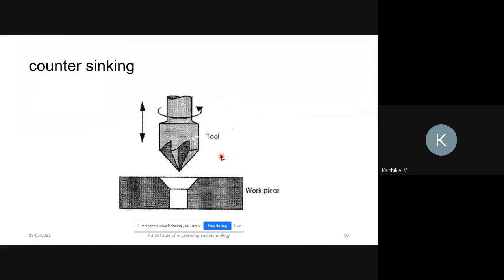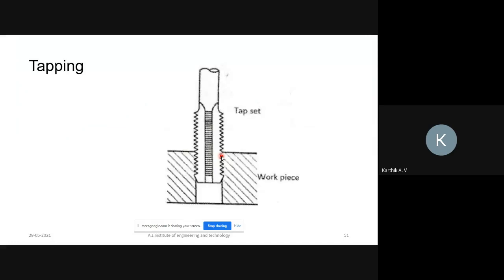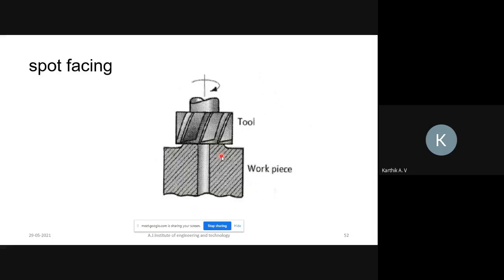And next, countersinking, where a conical shape is produced. Next, tapping, producing thread in the drilled hole. Next, spot facing, which gives a flat finish at the end of the drilled hole.